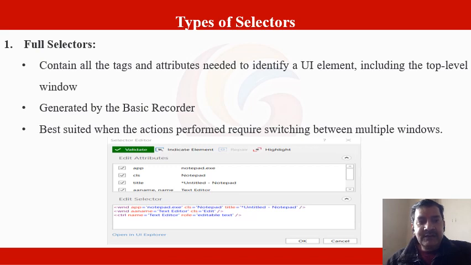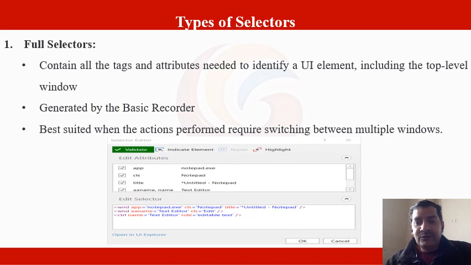What is a full selector? It contains all the tags and attributes needed to identify a UI element, including the top level window, and is generated by the basic recorder. As you have seen when we discussed the basic recording. The screenshot attached here shows what appears when you click on an element.